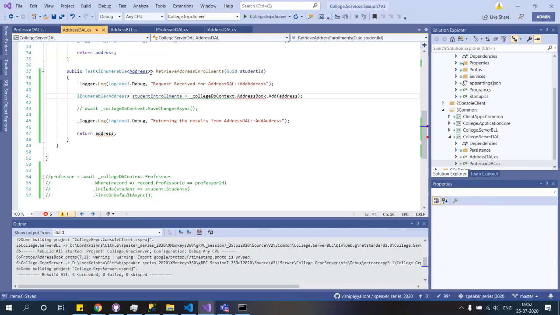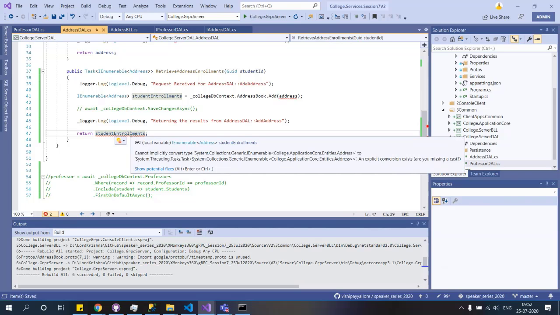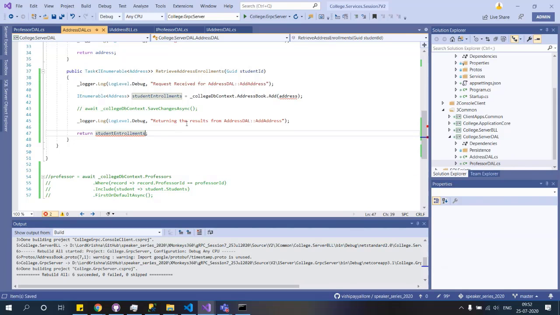I'm calling it student enrollments, and that student enrollments we need to pass in from here. Okay, so we fixed some portion, not exactly the complete. Okay, we'll fix that. One second. Let it complete this one.